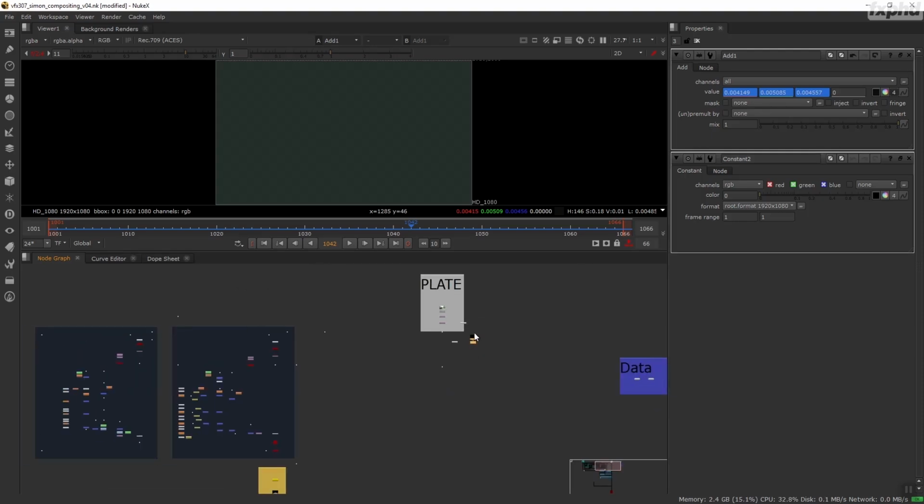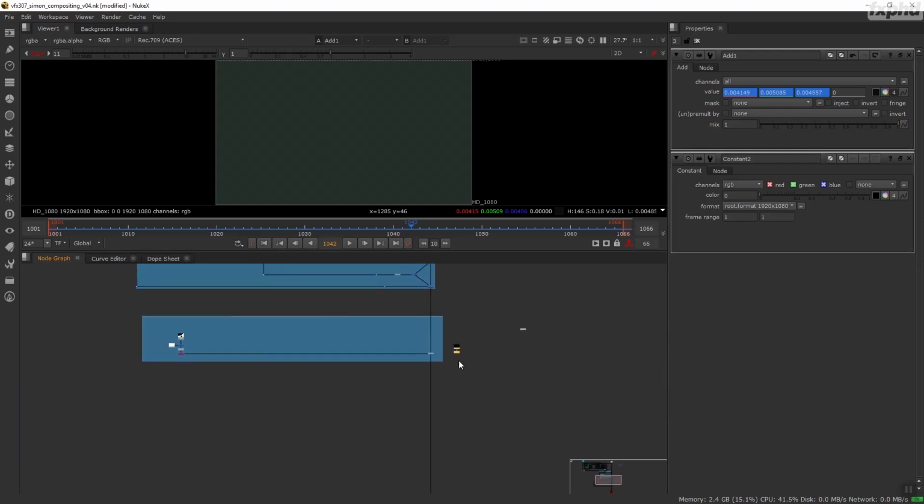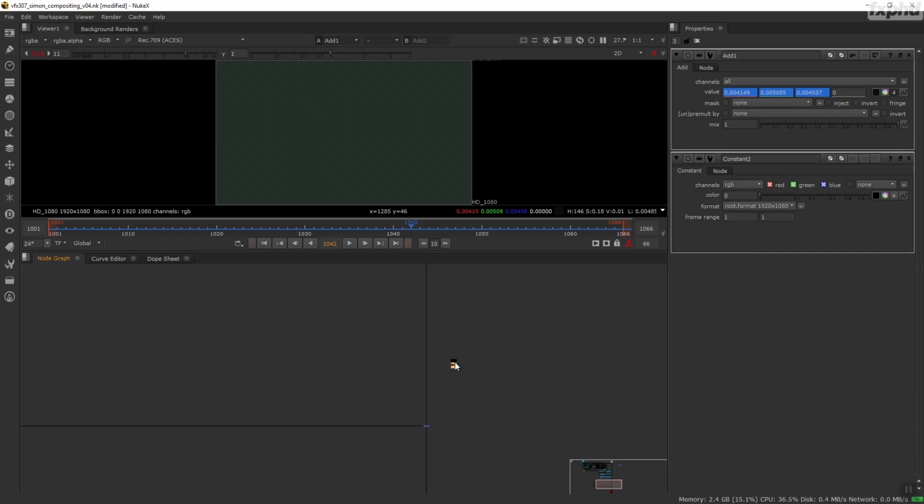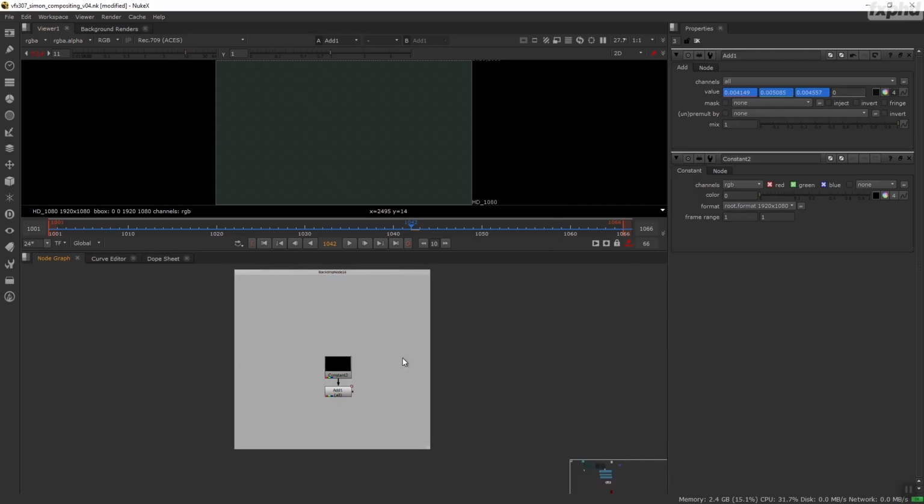So what I usually do, whenever I have a shot like this, is I try to keep elements which I know I'm going to use in different parts of the shot. I try not to duplicate them all over my script. I try to centralize it in one. So for example, this one would be my overall black level. So I'm going to create a backdrop and name it just quite simply